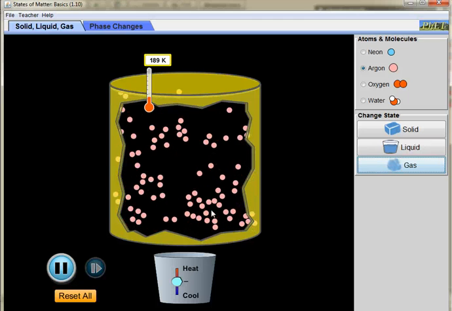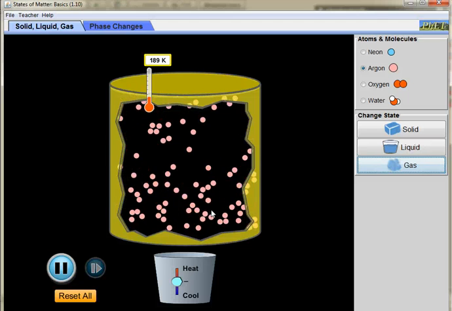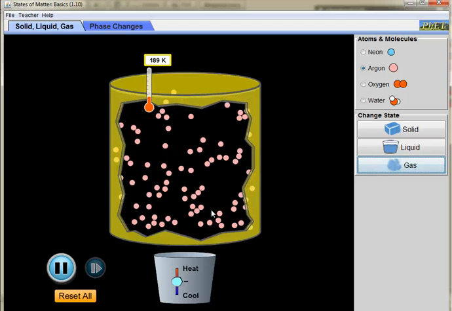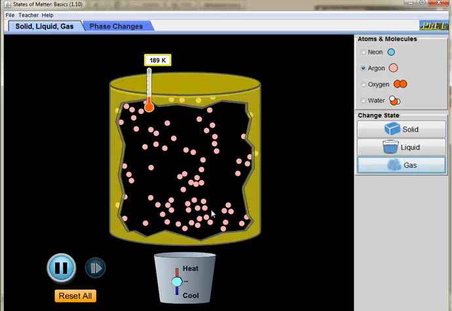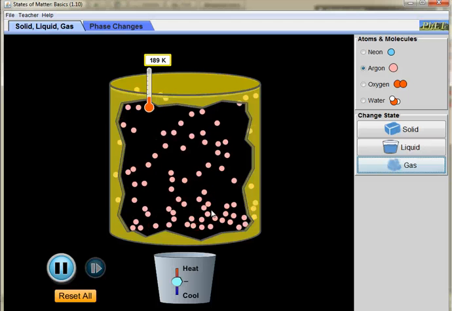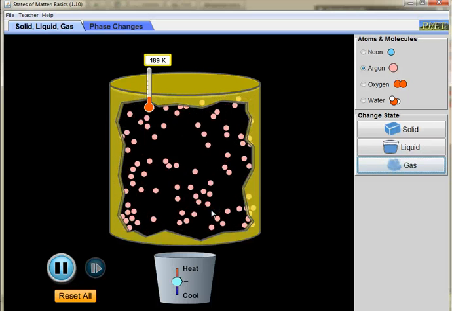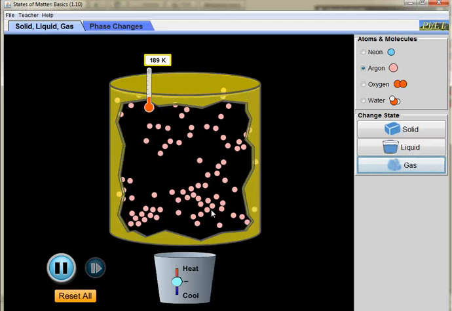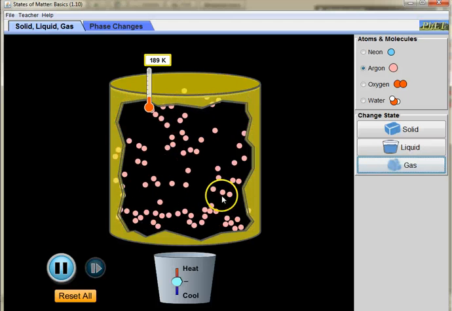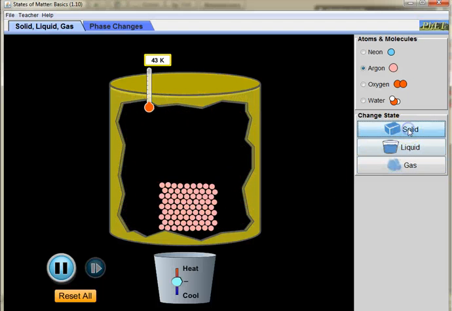We can clearly see that the particles are moving much more rapidly. In this case, they are bombarding with other particles, they are bombarding with the wall of the container. What type of motion is this? Is this a vibrational motion, translational motion? You don't see that the particles are vibrating. This is basically because, you can see here, in solid state,